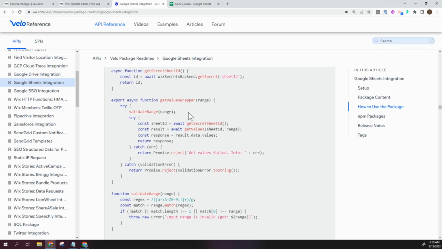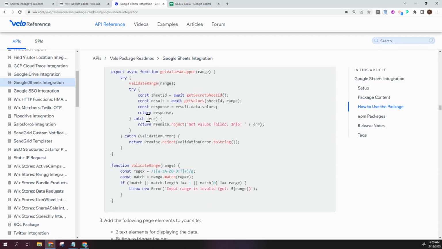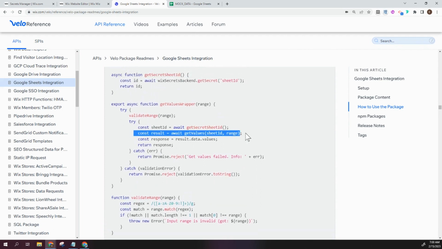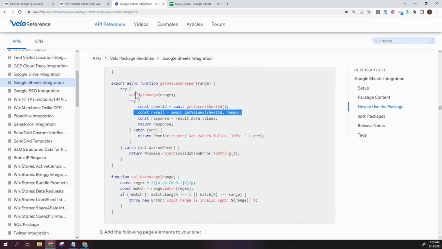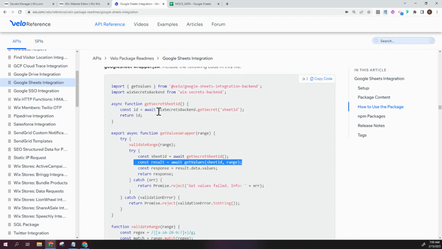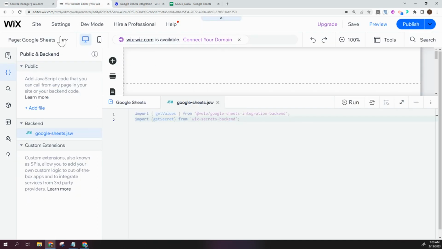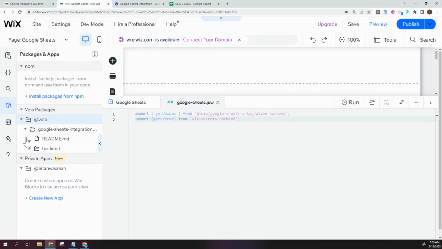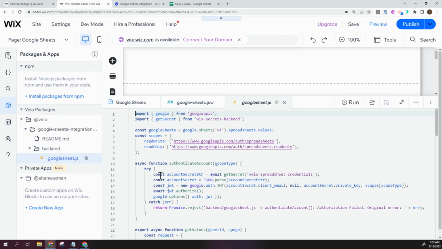And then they created a wrapper function, which does a few other things except for just getting the values, which is this over here. One thing that you will notice, or at least that I'm noticing right now, is that at no point do we need to retrieve the secret credentials that we stored in the secret manager. What I'm assuming, and I'm going to go confirm that right now, is that if we take a look here at the package backend, at this Google Sheets JS, then we'll see that they are getting the secret